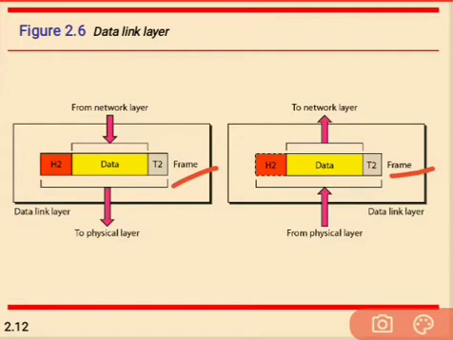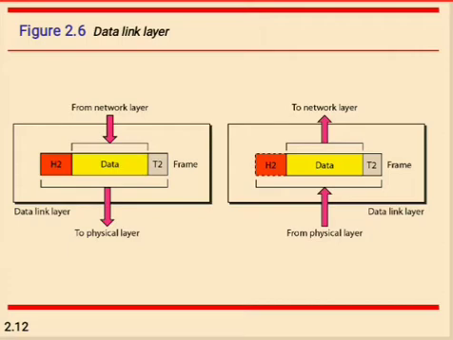So here, it is arranging and attaching the bit patterns to the beginning and end of the frames. Next one, physical addressing.